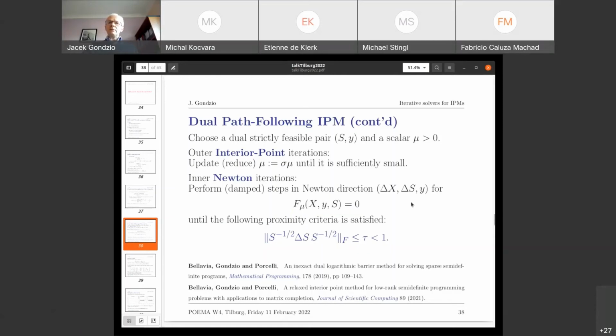So we implemented such an algorithm in which the stopping criterion was just,